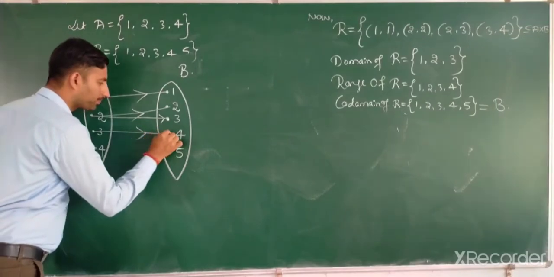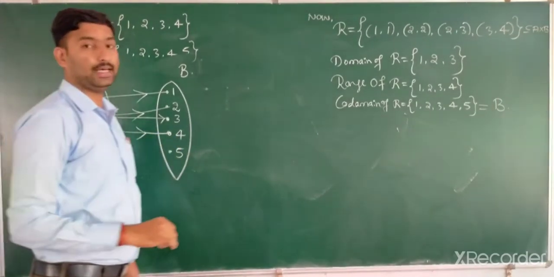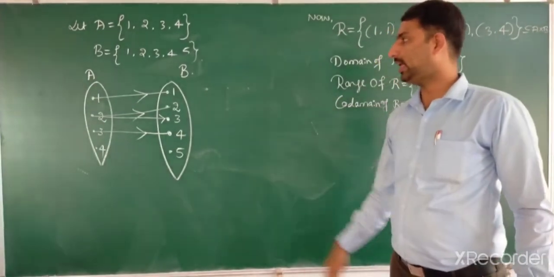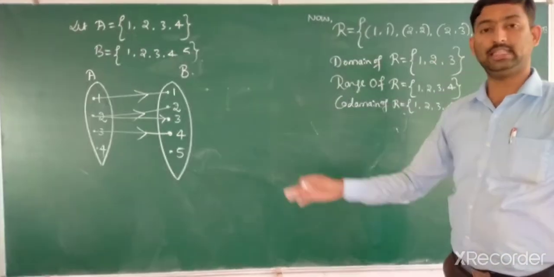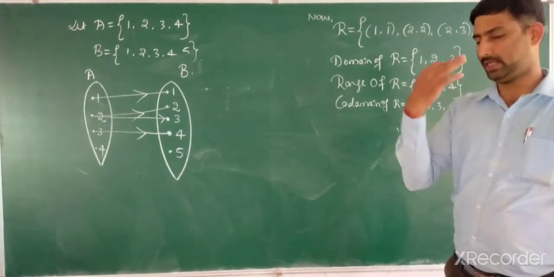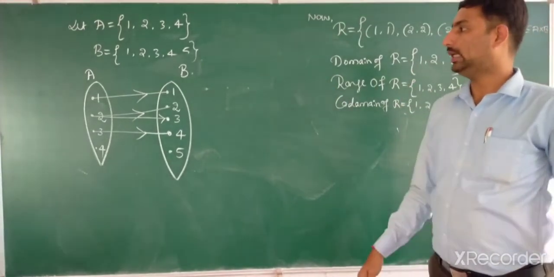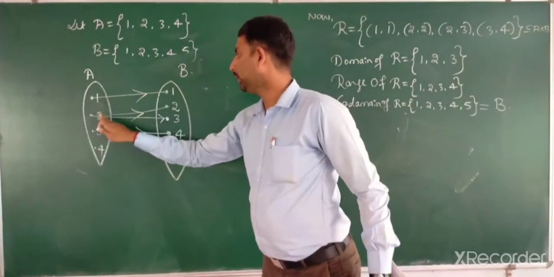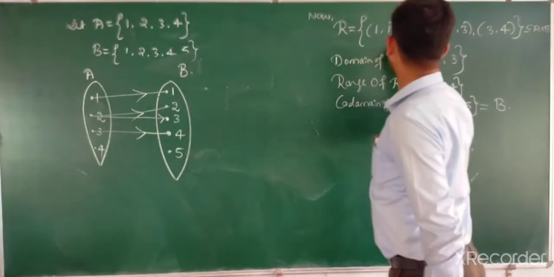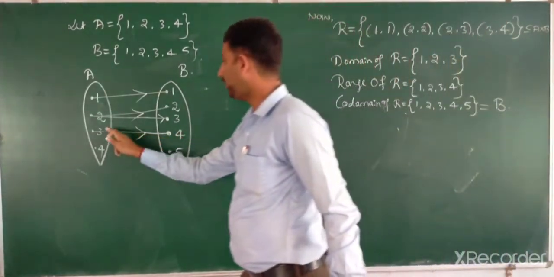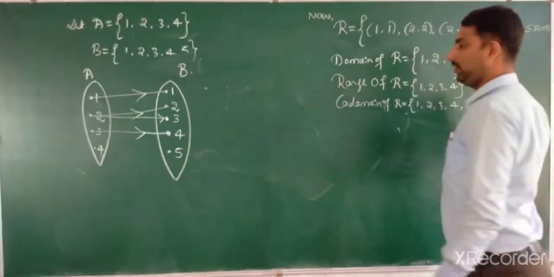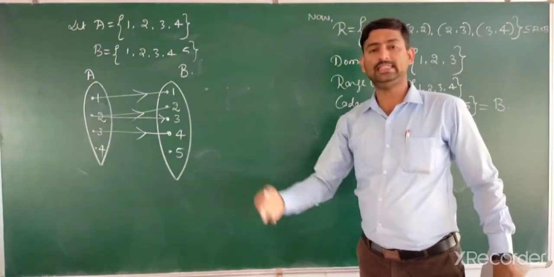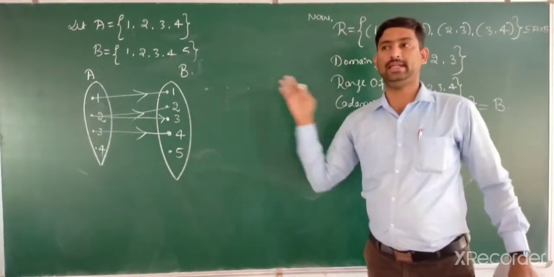This is the representation where the given relation can be represented with the help of a diagram. That is nothing but a visual representation. But look at the values of the elements: 1, 1; 2, 2; 2, 3; after that 3, 4. While observing the figure, you can easily tell which ordered pairs take place.